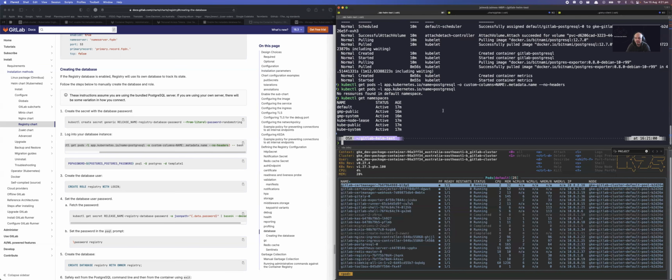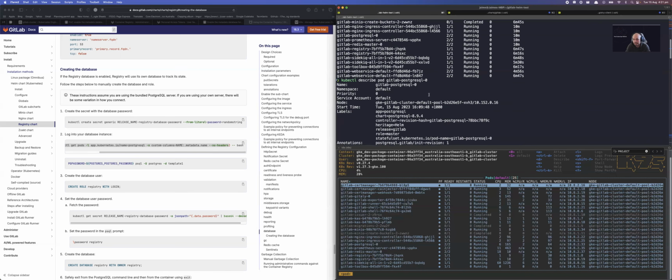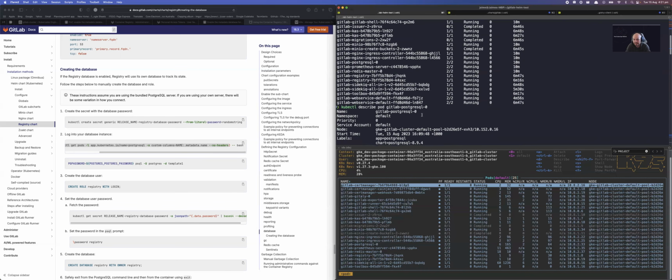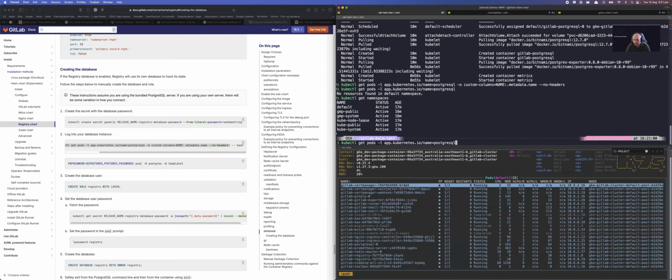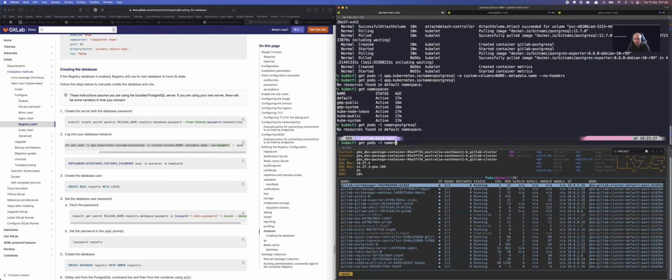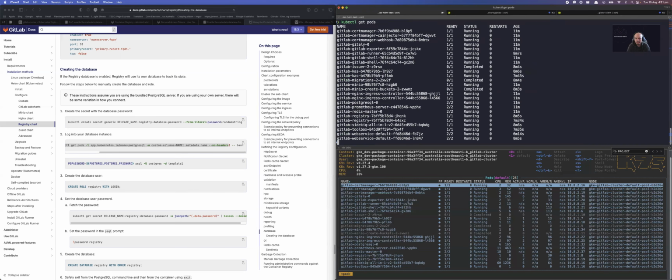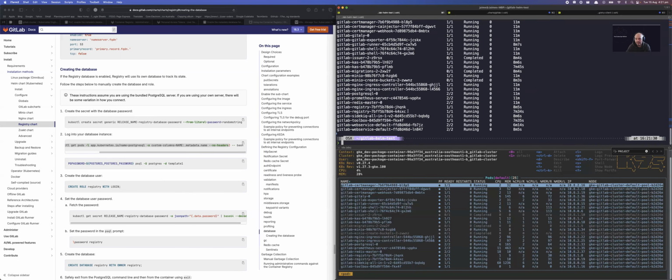It should be the default one. Where is the namespace default? Yeah, the label is PostgreSQL. Get pods. Anyway, to move this forward, the one we want is this one, GitLab